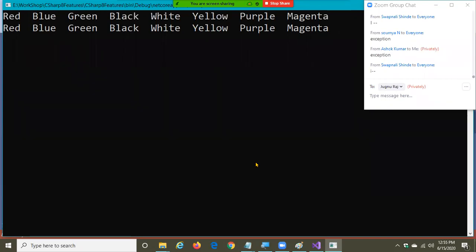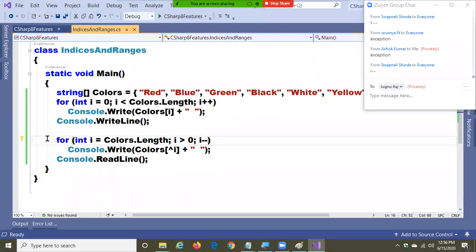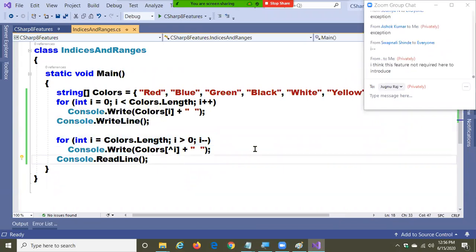Some features are like that only. What is the need is secondary, but some of the features are copied from existing languages. But from now onwards, this is another style of accessing the values of an array. Next.